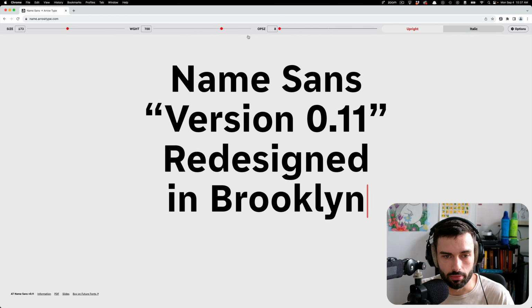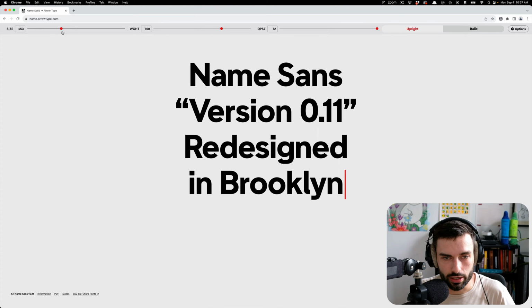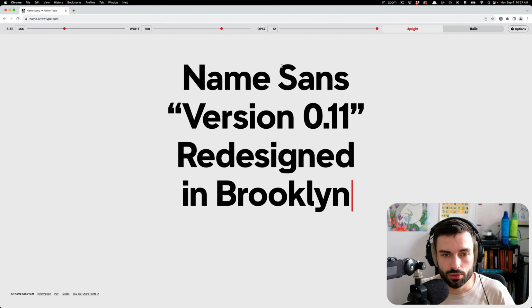So it goes from something with a lot of spacing and kind of pronounced details and slightly tighter geometry for very small sizes, like a text in a footer or in a long form book, to something with more pronounced geometry, like very round O's and such, and very tight spacing for really punchy use